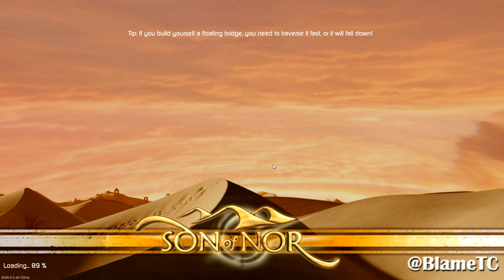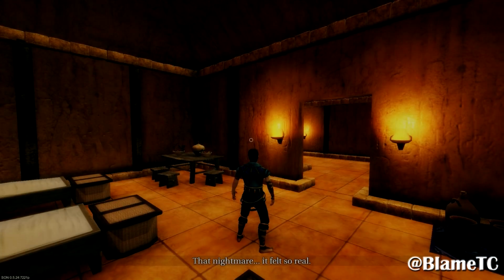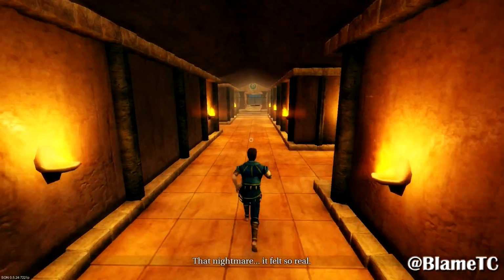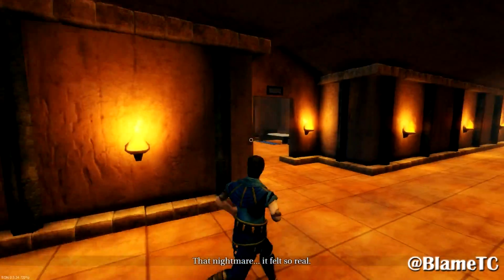If you build yourself a floating bridge, you need to traverse it fast or it will fall down. Oh, I didn't even know you could do that. I didn't even know you could make floating bridges. I wonder what you use to do that. Because I know if you pick up a rock...